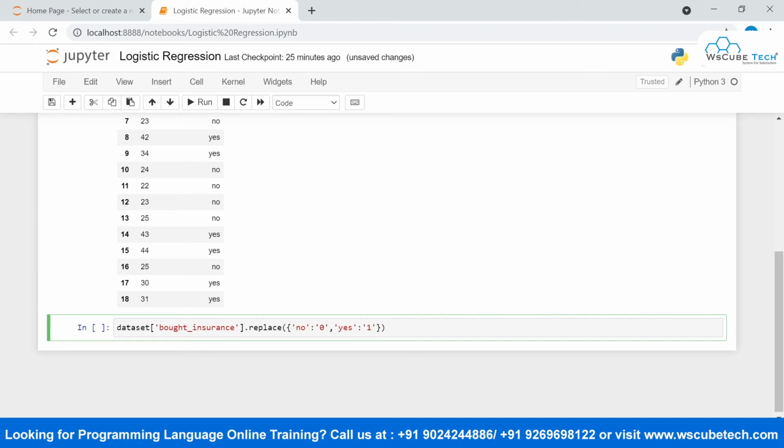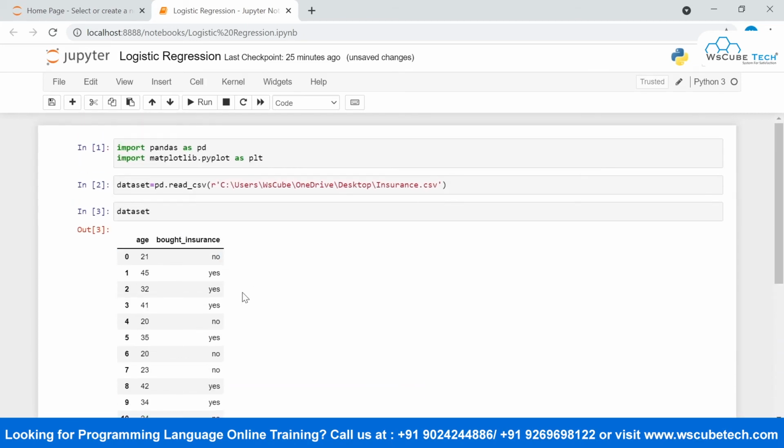And I'm going to set the inplace argument as true, which will make permanent changes inside the data set.